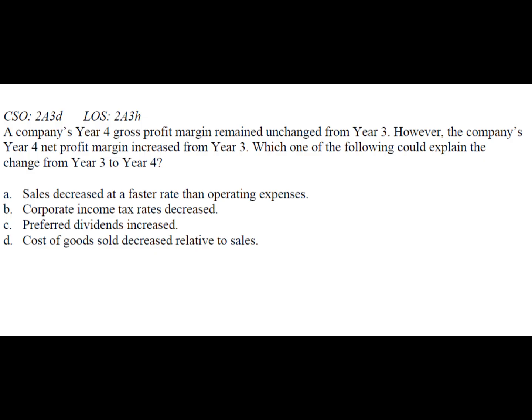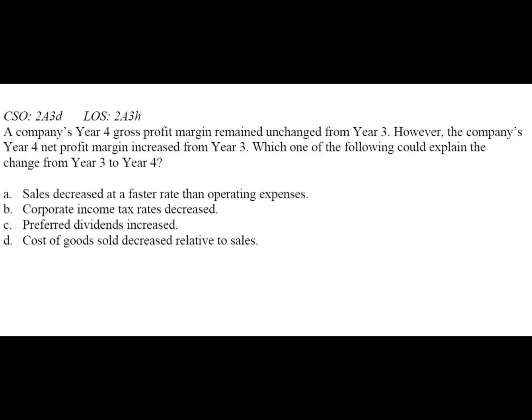The net profit margin, however, is affected by all expenses below gross profit, including selling and administrative expenses, interest expense, and income taxes. Therefore, an increase in net profit margin without a change in gross profit margin must result from factors below the gross profit line. Students should recognize that changes in tax rates or financing costs can improve net profit margin while leaving gross profit